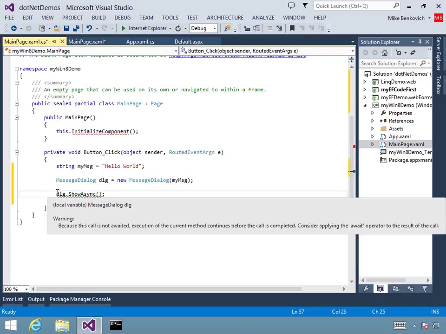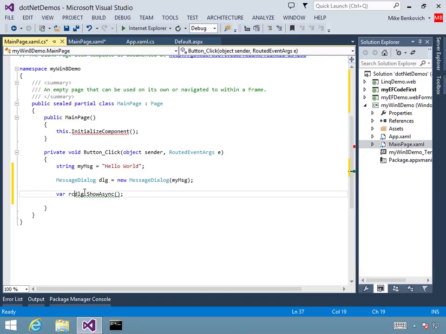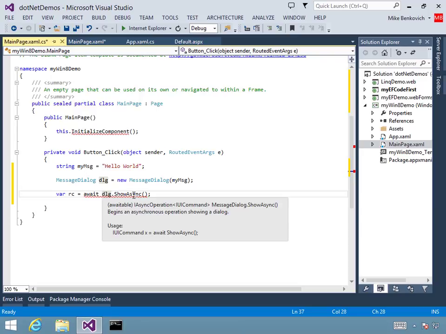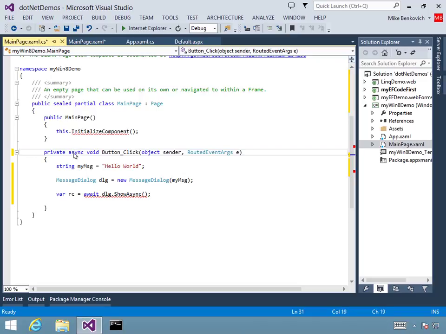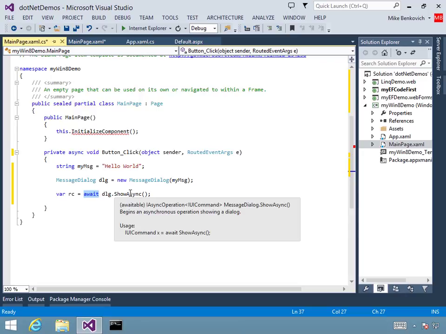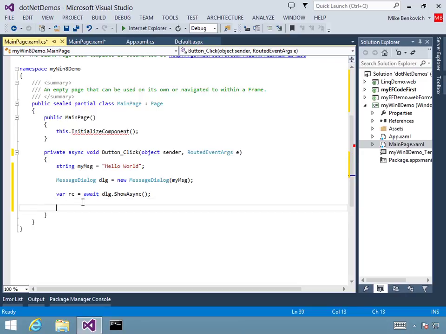But here I'm going to say var rc is equal to await dlg.ShowAsync. And in order for that to happen, I actually have to mark this method as being an asynchronous method. So by marking the method as async and then using the await keyword, now I'm going to let this run, and when it's done, it's going to return back some value. And I can say var results is equal to rc.ToString. And if I put a break in here and go ahead and run this,